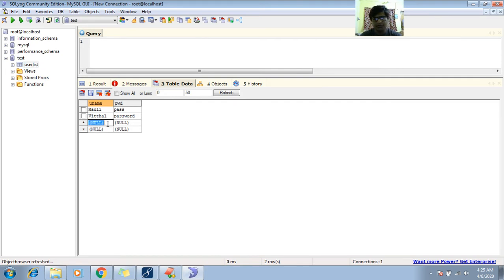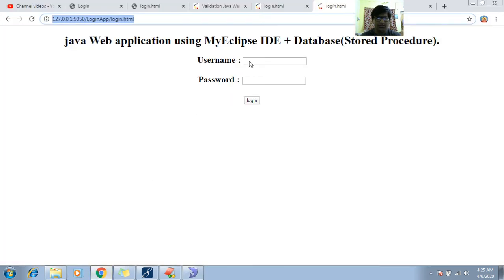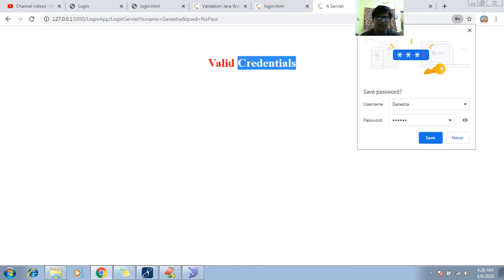So let me use here Ganesha, and password is NOPASS. Let me hit save and use here Ganesha. Password is NOPASS. Hit the login. So valid credentials.